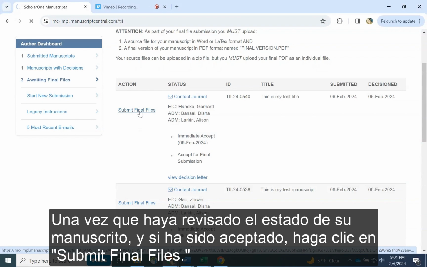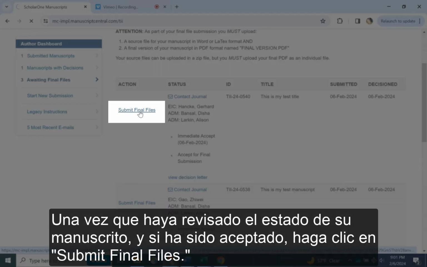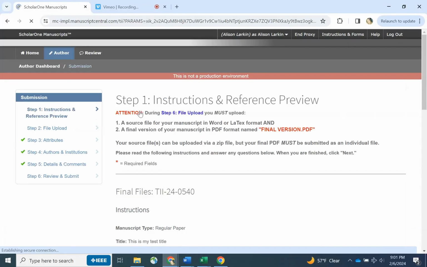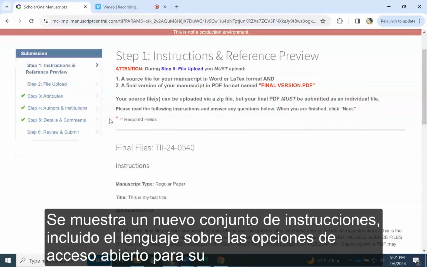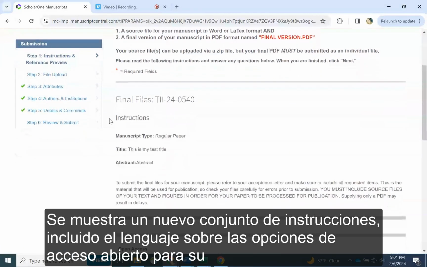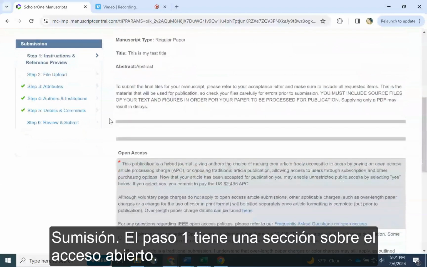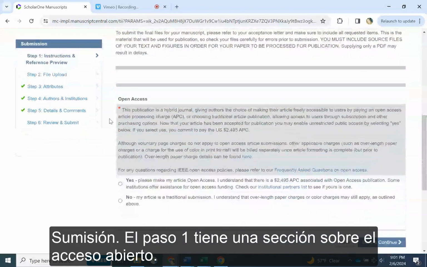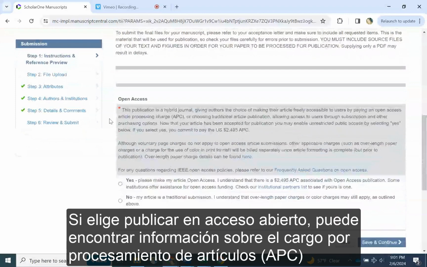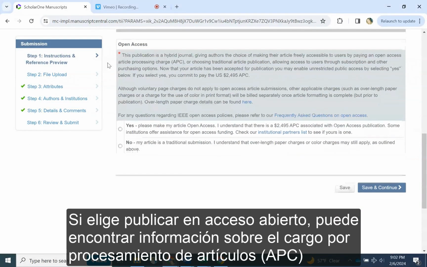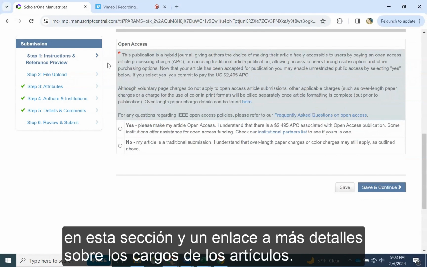Once you have reviewed the status of your manuscript, and if it has been accepted, click Submit Final Files. A new set of instructions is displayed, including language about open access options for your submission. Step 1 has a section about open access. If you choose to publish open access, you can find information about the Article Processing Charge, or APC, in this section, and a link to more details about article